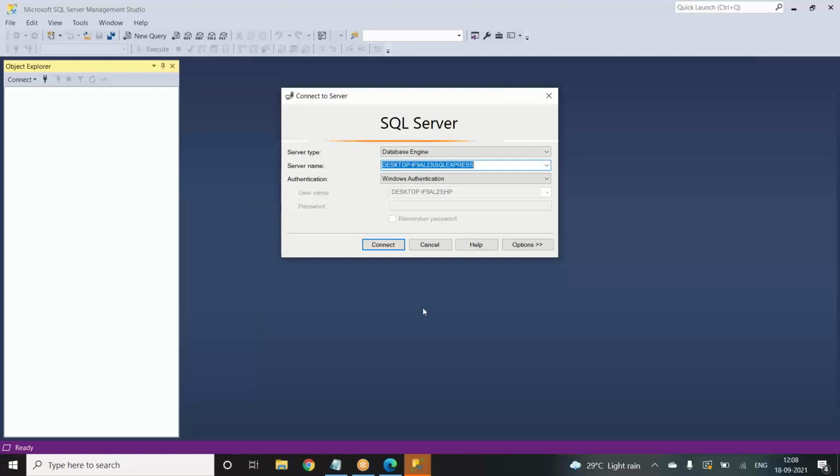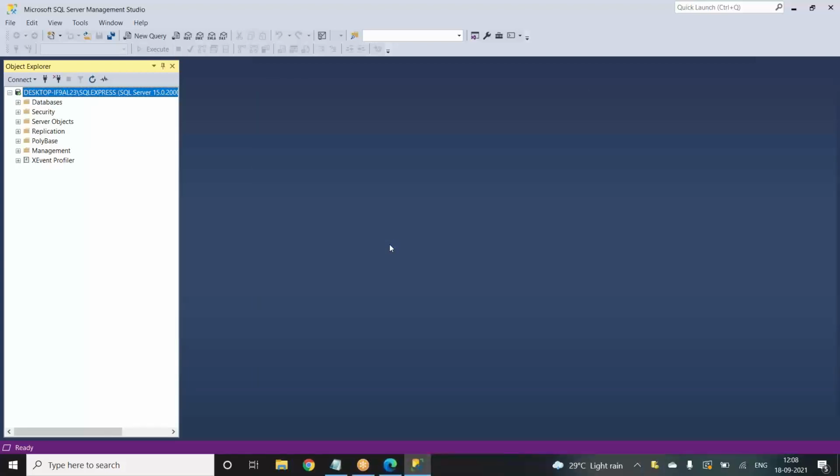Right now we are using Microsoft SQL Server Management Studio, and if you want to practice, you can install this, or else there are other options as well: MySQL, Oracle SQL, whatever you think is more preferable. The moment you open it, it will come up like this. You'll have a server type and server name. Most of the time the server name will be your desktop name, and you can just click on connect. Right now it is blank.